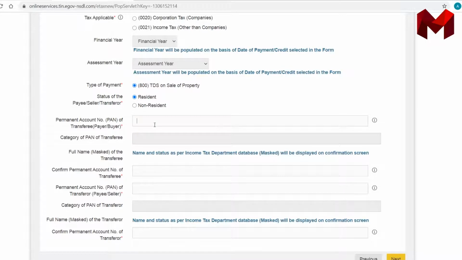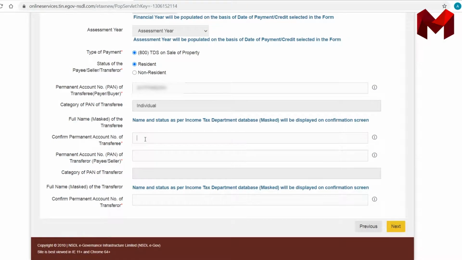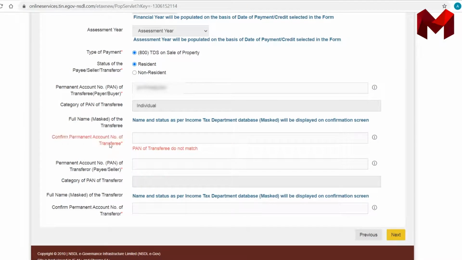I'm just entering a PAN number. From the PAN number, the category is auto-populated. Confirm the PAN number of the transferee. You will confirm again.